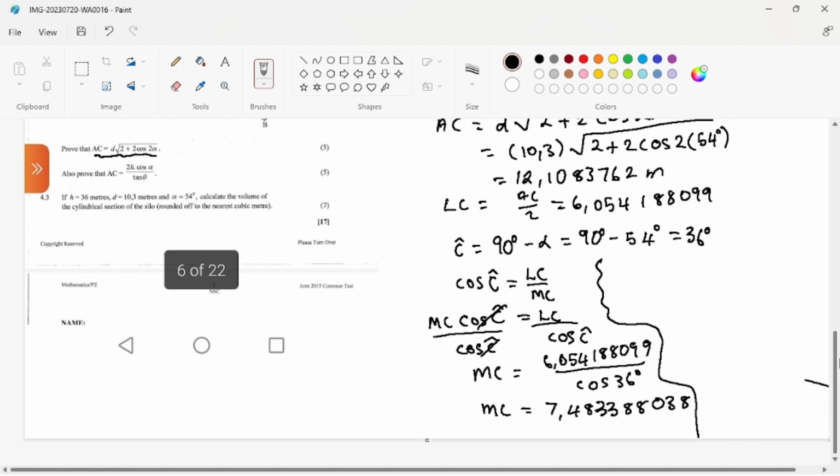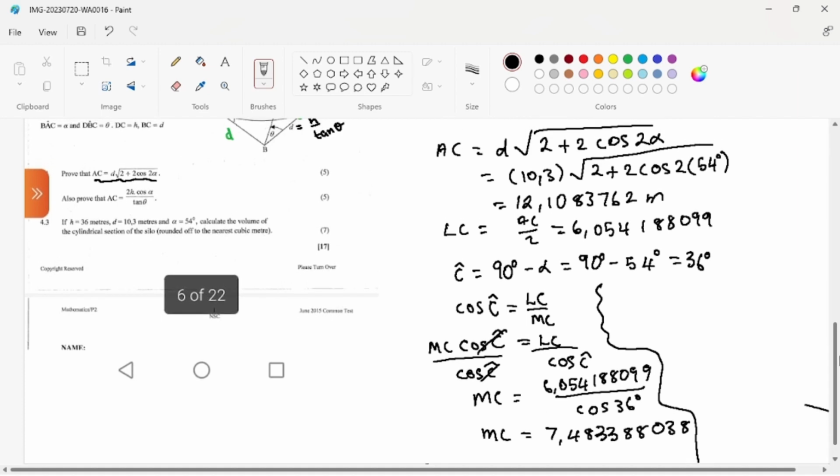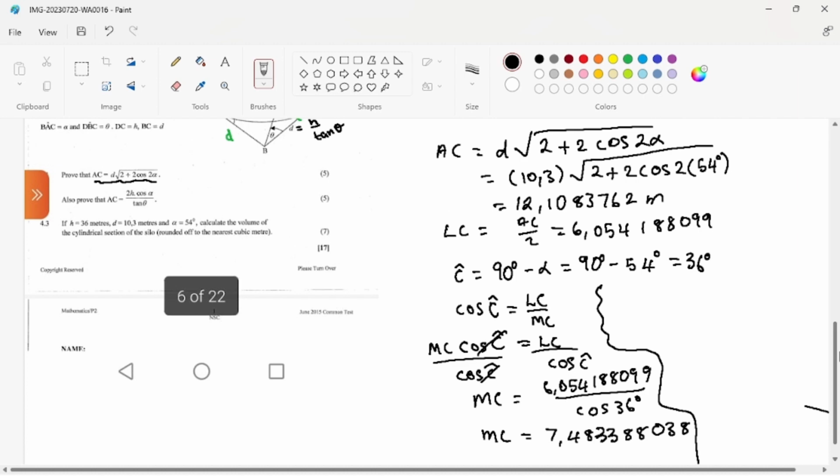Now I get it. Our main target was MC because